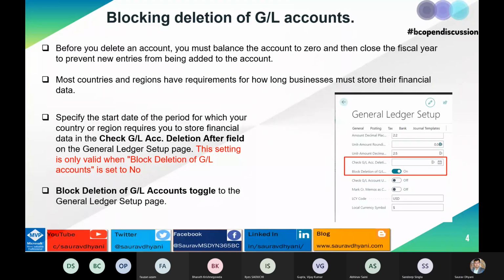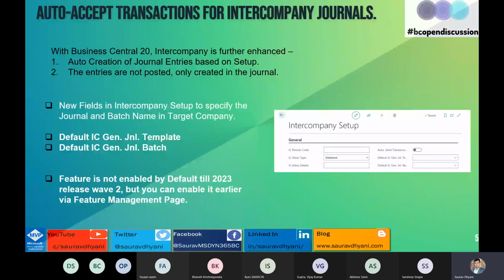Okay, so let's move to the next one, which is auto accept transaction for intercompany journals. So those who have worked with intercompany in the past, especially in Dynamics NAV, it was a one, two, three, four-step process for a whole intercompany document to transfer from one company to another. You create a document, then you send it for intercompany, then you go into this page where you select the transaction, you send it, then you go to the other company, you accept it, and then you convert it to